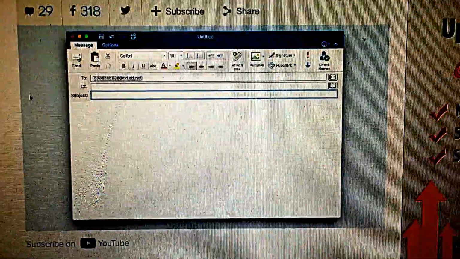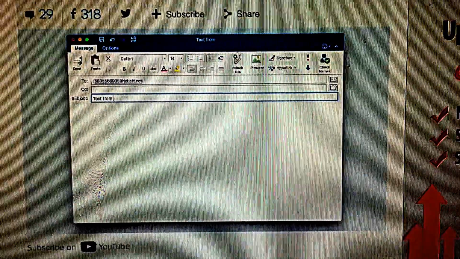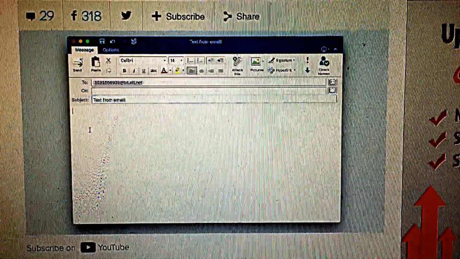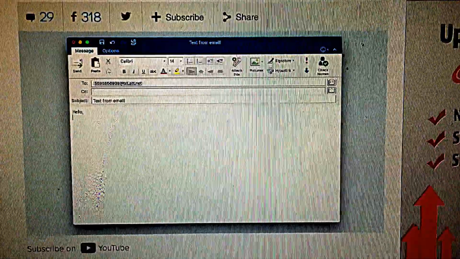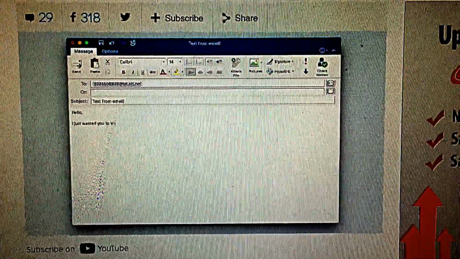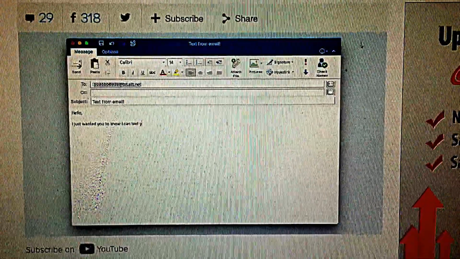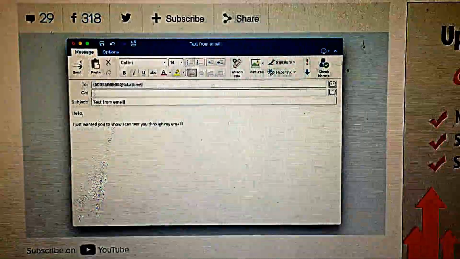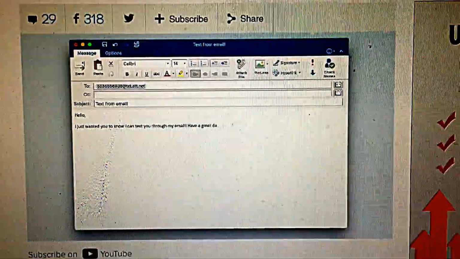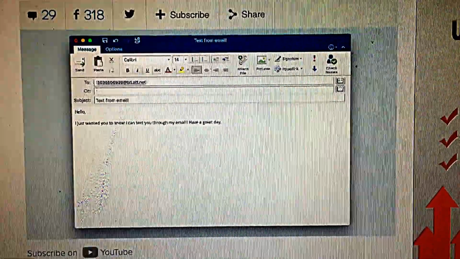Then hit send. This process makes it easy to send the same text to multiple people, since you can add as many addresses as you like to the recipient's box. But this method isn't without its drawbacks. Messages have to be under 160 characters to send as SMS. Also, replies will go directly to your email inbox, not your phone.